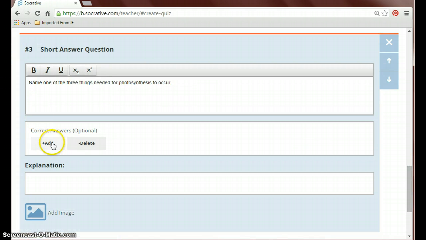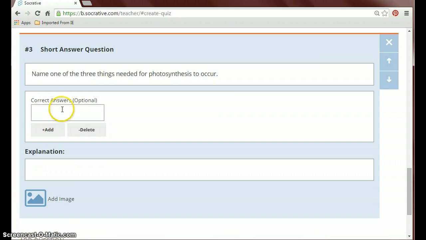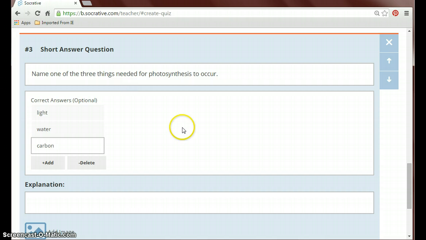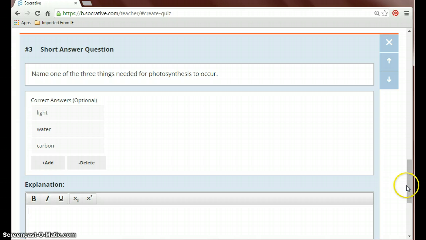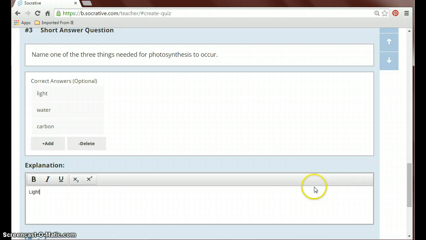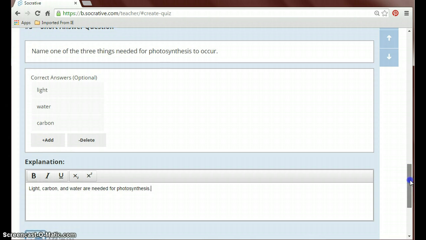And correct answers, you add. So you write light, add water, add carbon. So as long as your students type in one of these 3 options, they will get the point. You could explain. We will say light, carbon, and water are needed for photosynthesis. Perfect. So now that we're done,